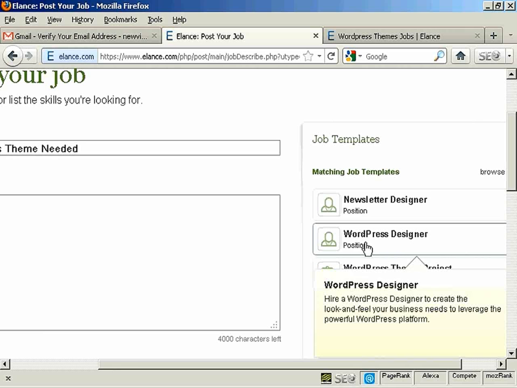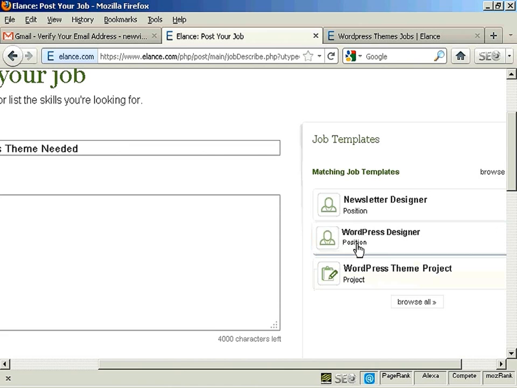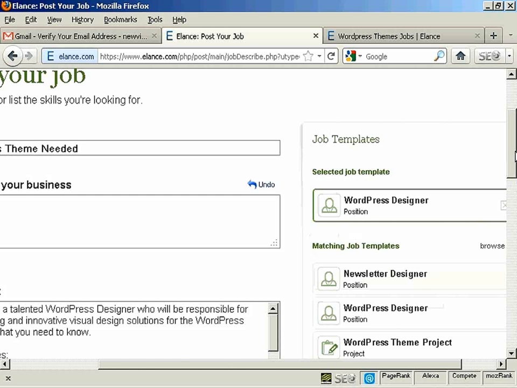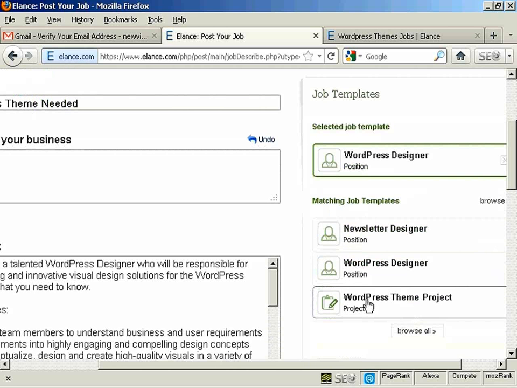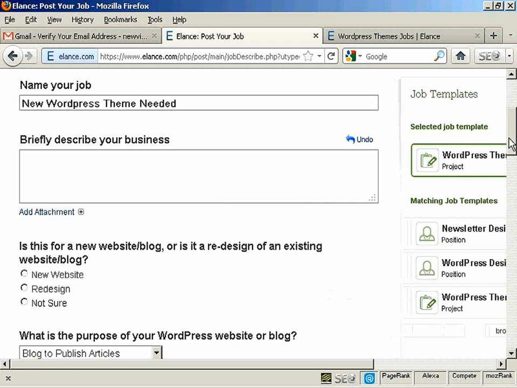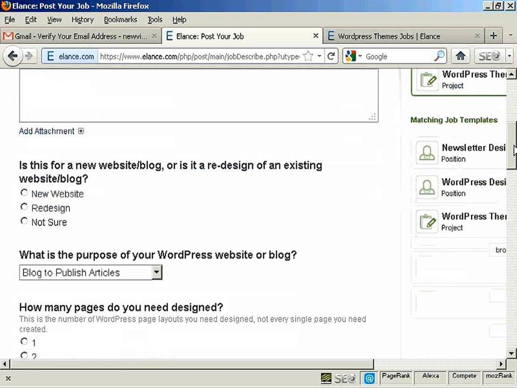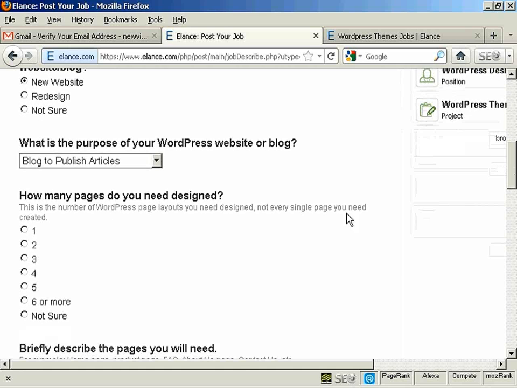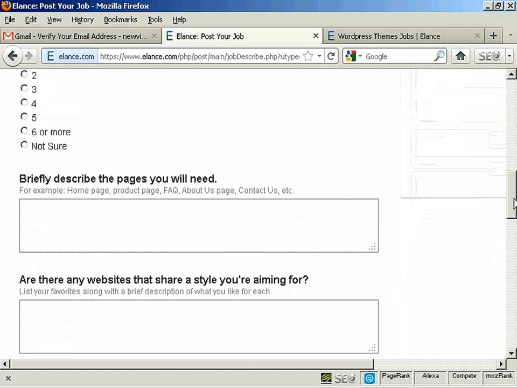So for example, we want a WordPress designer. I can click here and WordPress theme project, and then I can simply go through and briefly describe the business. You can decide, for example, this is for a WordPress theme. Obviously each one of these is going to be slightly different, but we can say whether we want this going to be a new website, and it's going to be a blog to publish articles, and we just want the one page, and then it's going to be a home page,